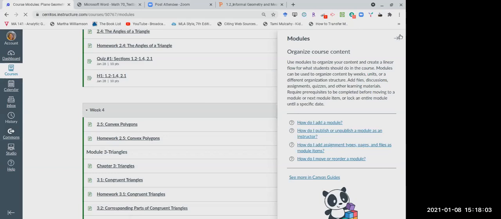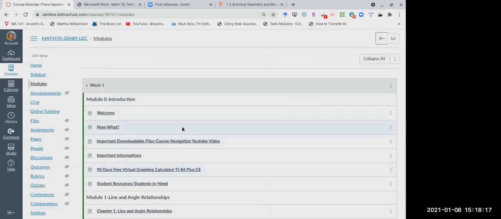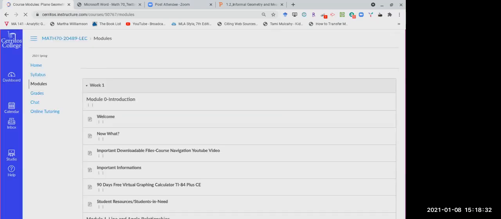Not sure why that came up the way it did, but I'm going to go back now to the modules and put us back in student view now that I've shown you that, because you won't be able to submit until your assignment is actually due.